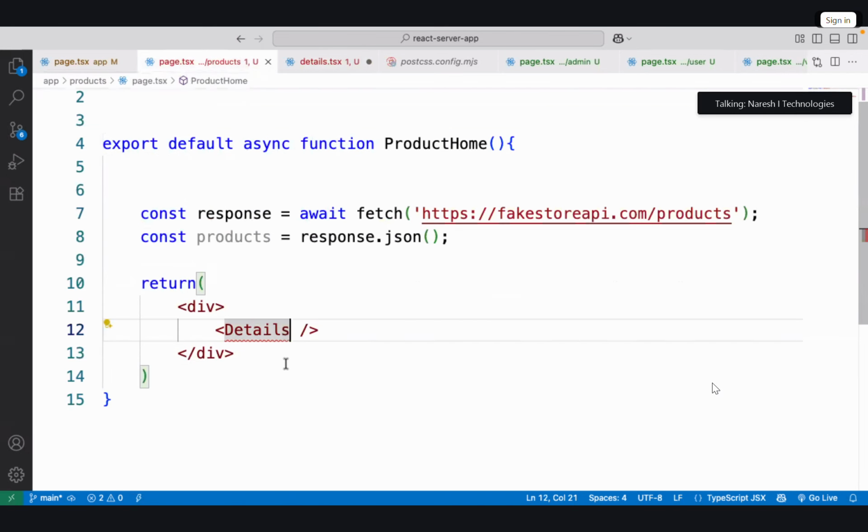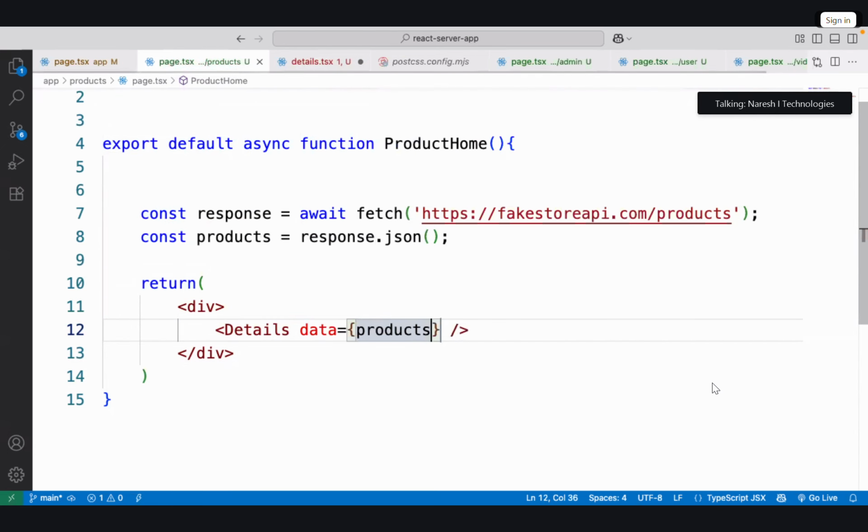This is details. It is expecting data, into that we are passing products.